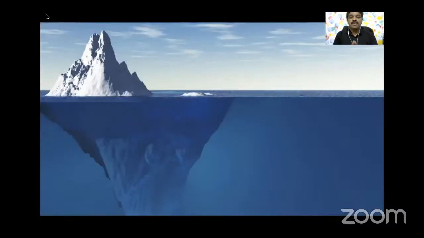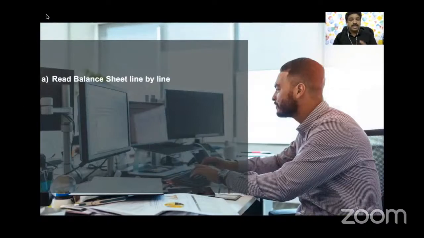What you have seen now is only the tip of the iceberg. But the best part is you have understood whatever I have explained so far. The reason why I say it's a tip of the iceberg is because in reality, when you do the credit appraisal,